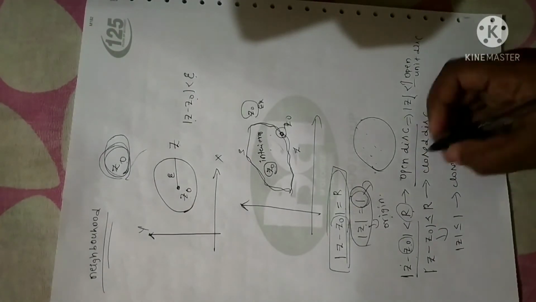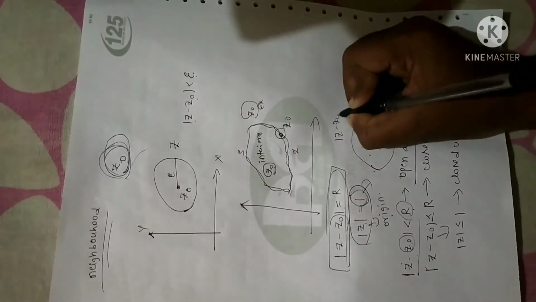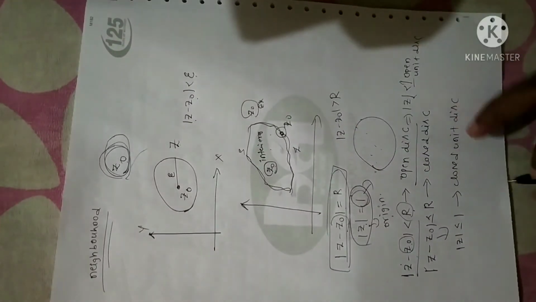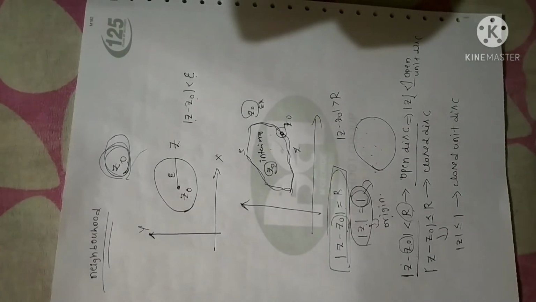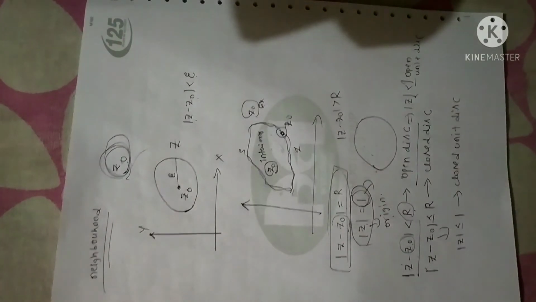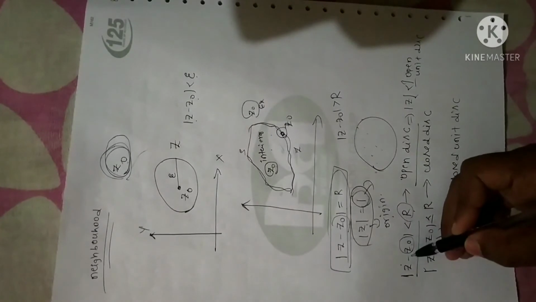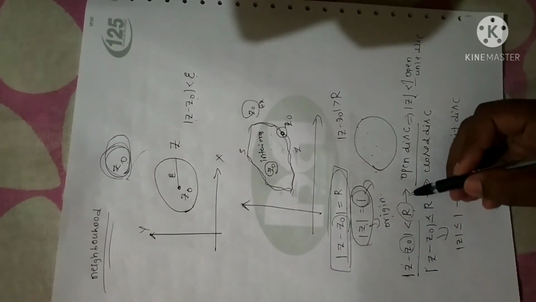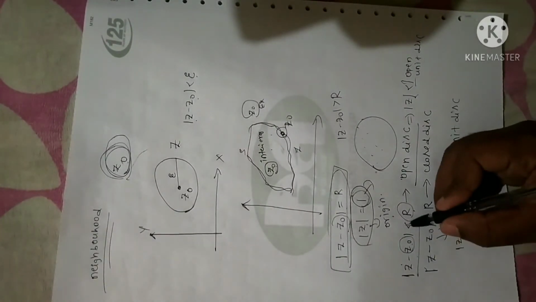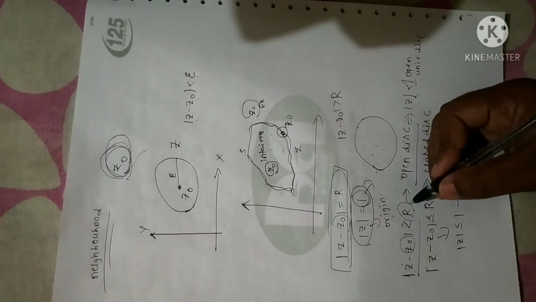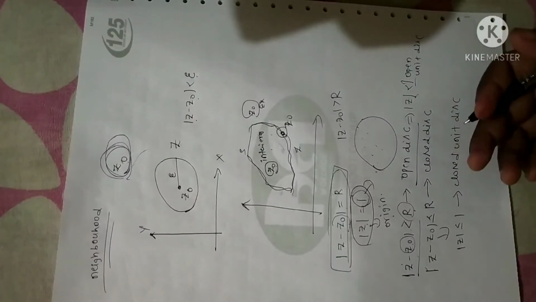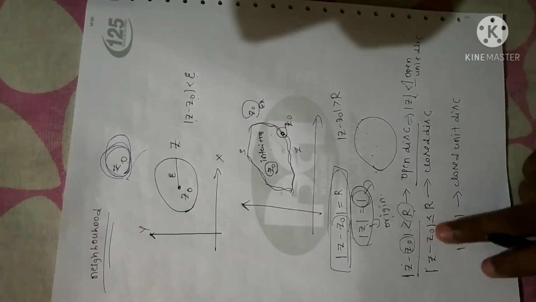And similarly, the inequality |z minus z naught| greater than r holds good for all the points, whether the point lies inside the circle or outside the circle. I hope all these concepts you have already studied in degree. Further, just remember, |z minus z naught| less than r is an open disk, and the same condition given with a reverse inequality will be closed. While deriving the theorems, I will explain that. You just remember this concept.